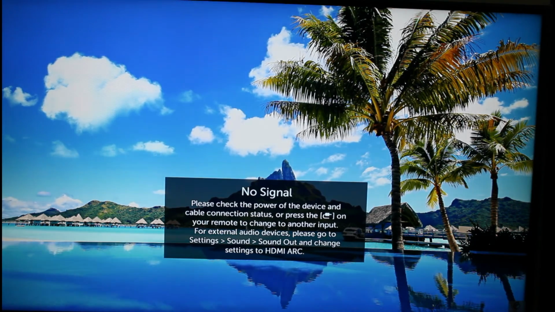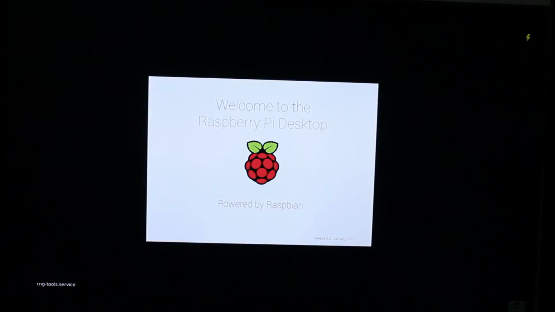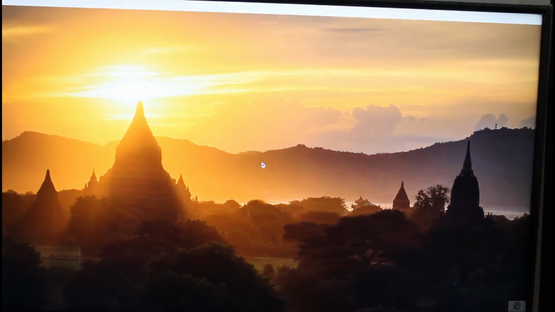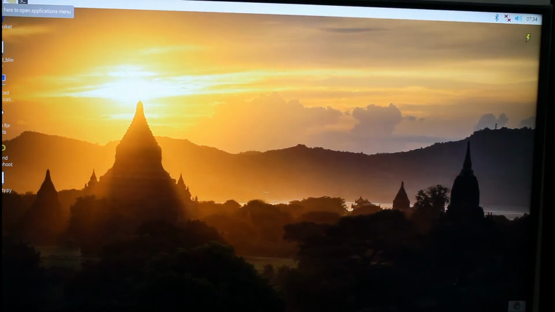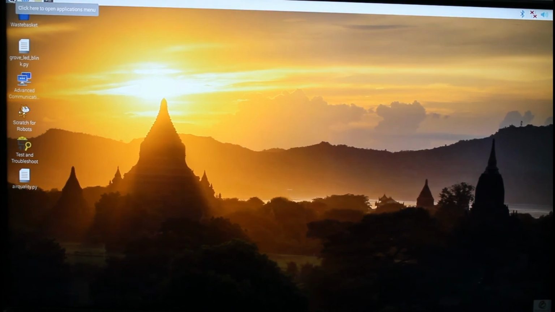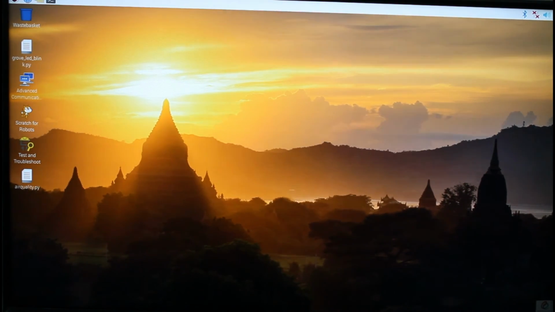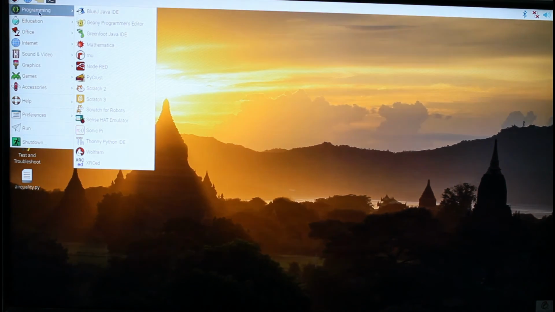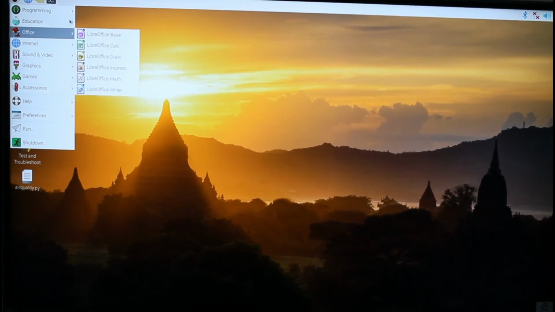Now you can see we have plugged in our Raspberry Pi. Welcome to the Pi desktop. Now you can see the desktop, same like Microsoft Windows. If you click here, you will find all the programs which are pre-installed with this Raspbian OS.